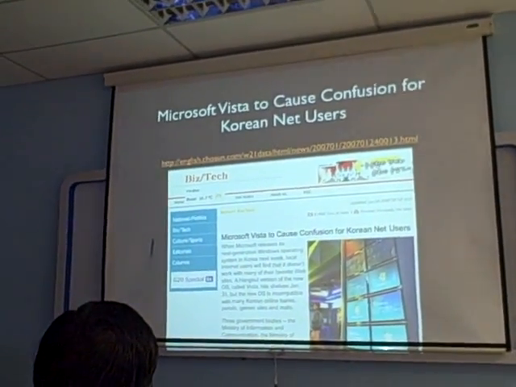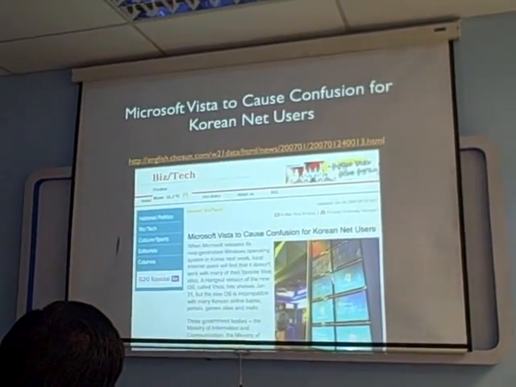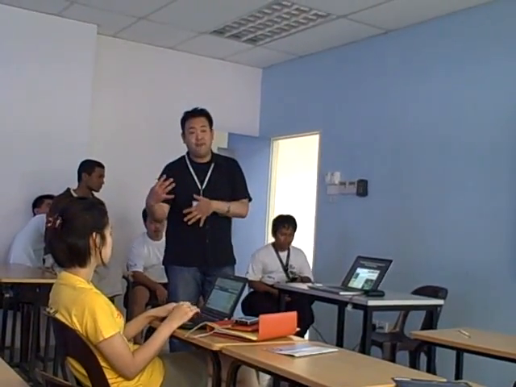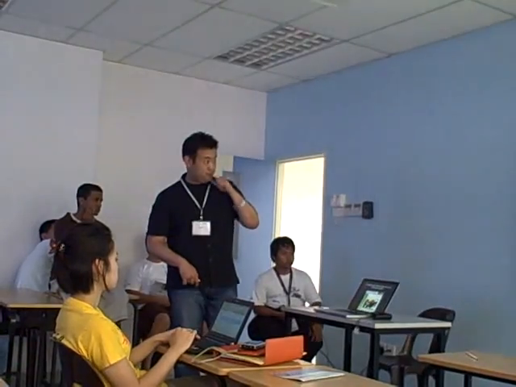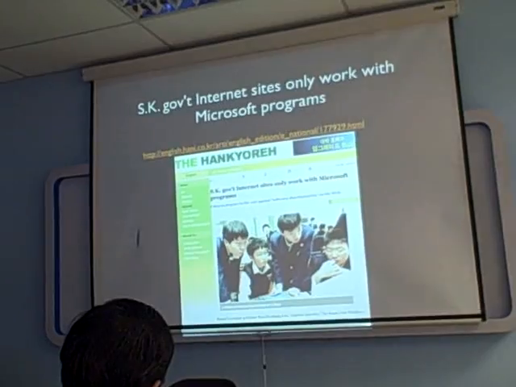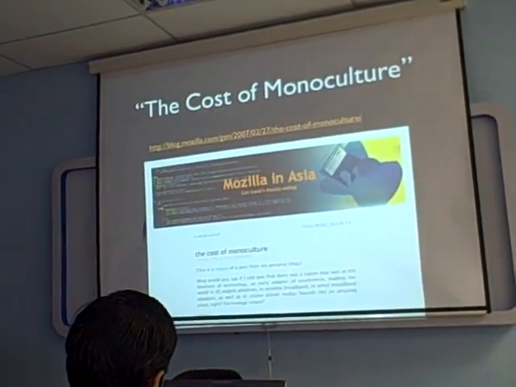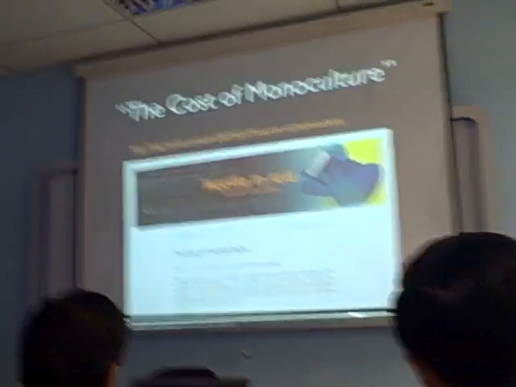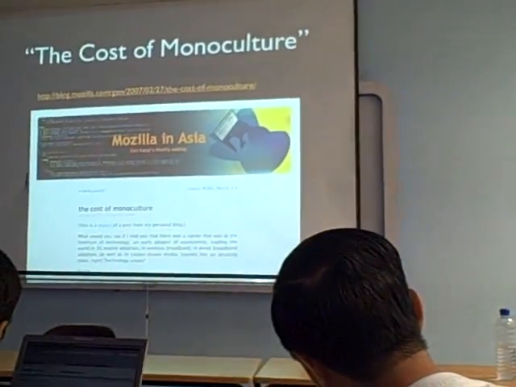So there was a big problem when Microsoft launched Vista, because there was a change in the way ActiveX controls worked. Before, they ran by default; with the first version of IE7 you had to click to run. And so many Korean websites broke. This was news, but I didn't know about it. So I wrote an article called The Cost of Monoculture at the beginning of 2007, and I explained all of this information about why the South Korean internet is different.